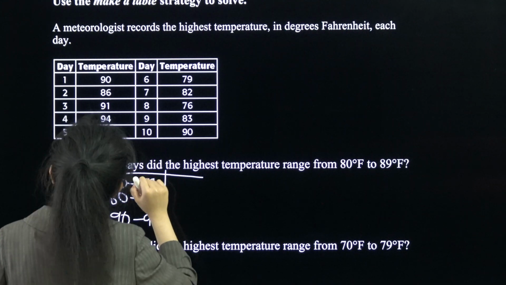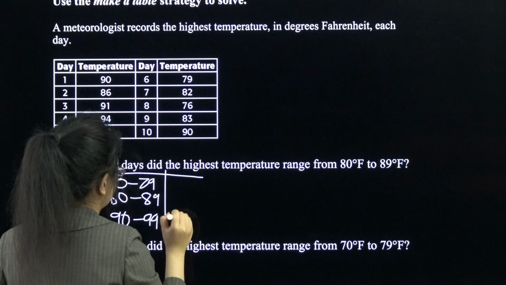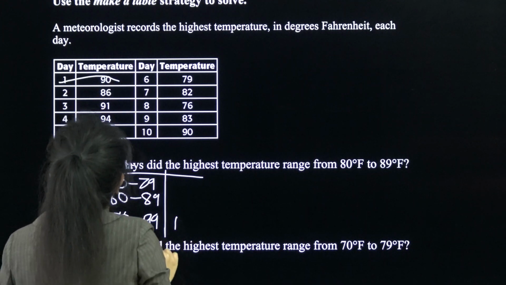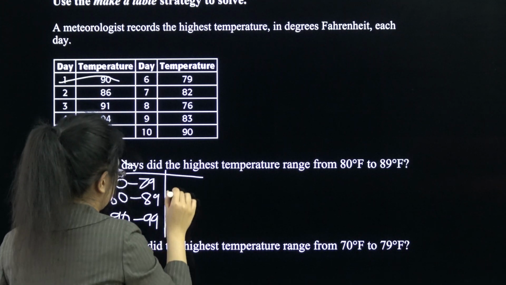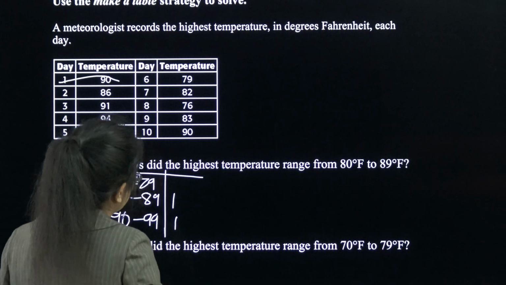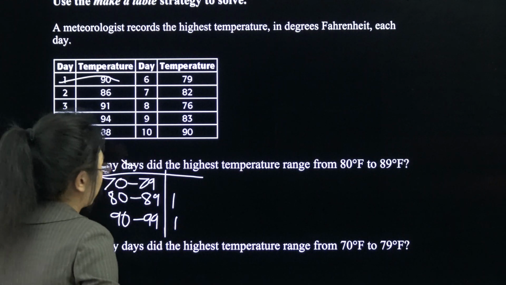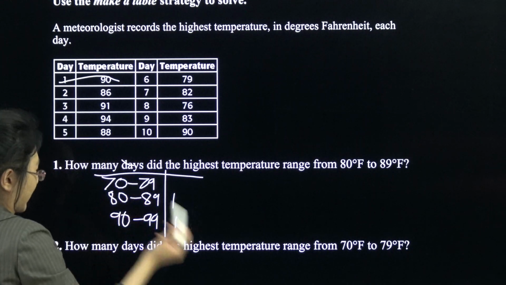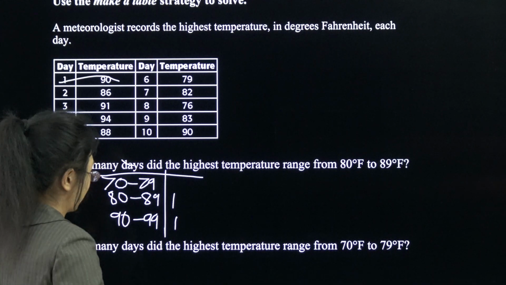Day 1, it's 90, so 1 is over here. Day 2, it's 86. This time I'm going to use tallies because that works too. It doesn't ask for the specific days, it asks for how many there are. So